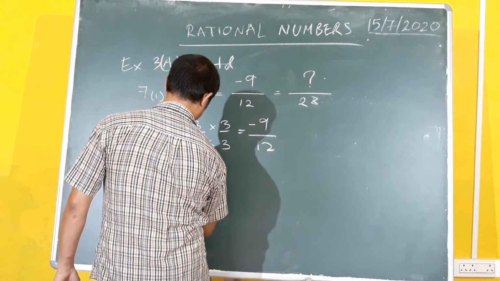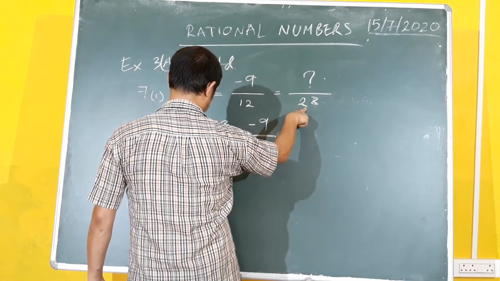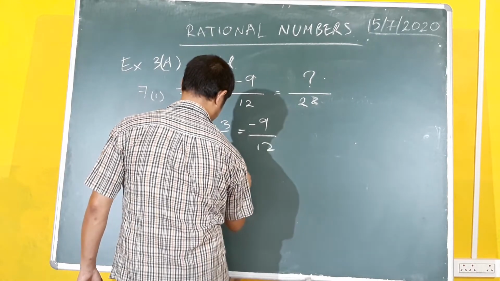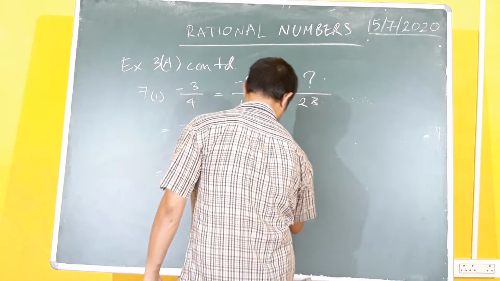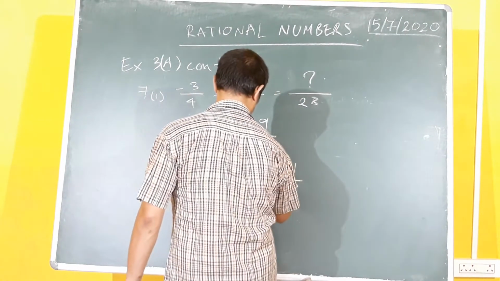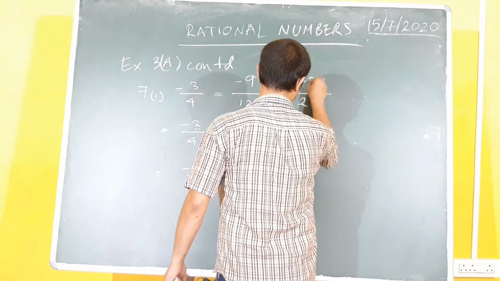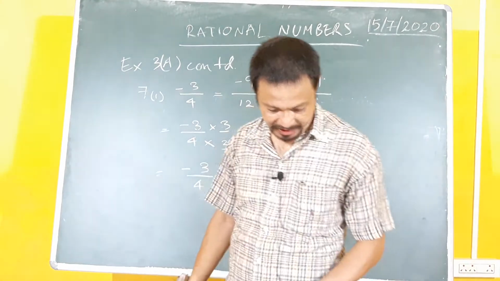The next one is now minus 3 upon 4 into, if you look at the denominator, it's 28. So this will be into 7 into 7. So that will be 7 4s are 28, 7 3s are 21, plus into minus, minus. So this blank is also filled. It is minus 21. Okay. So very simple. There's nothing complicated out there.